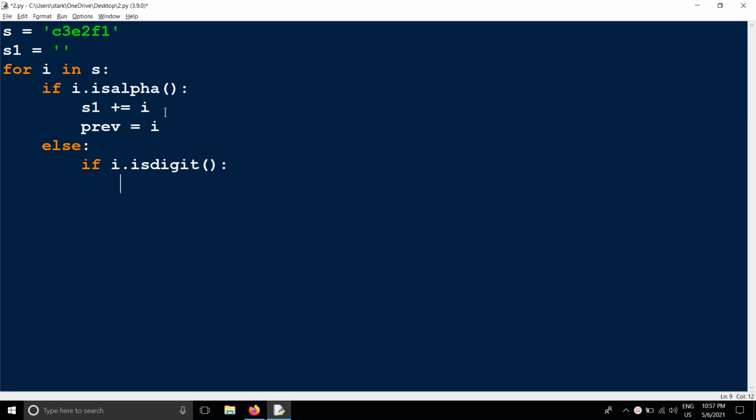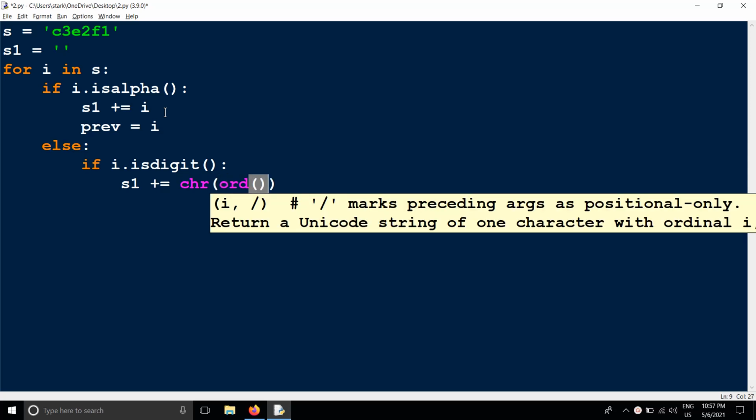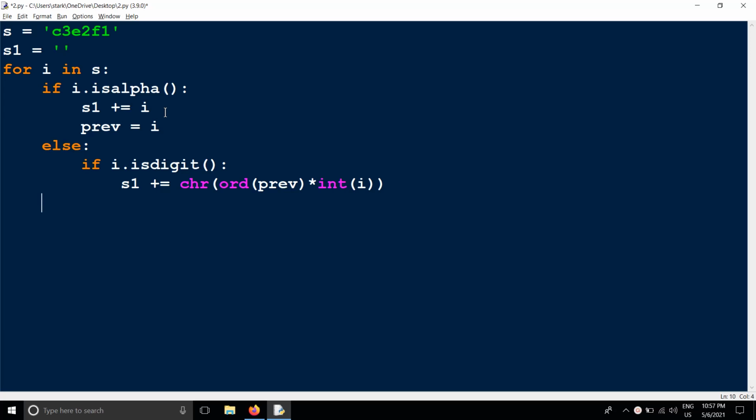Up to here clear. And then I have to add again to S1, S1 is equal to S1 plus character of order of previous plus I. Let's check whether we are getting the output or not.